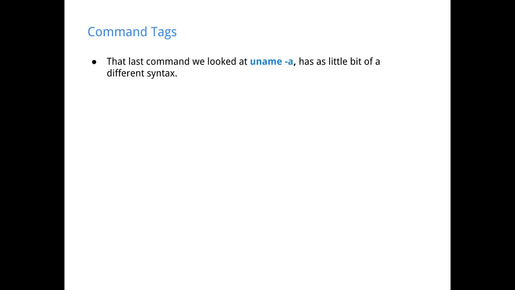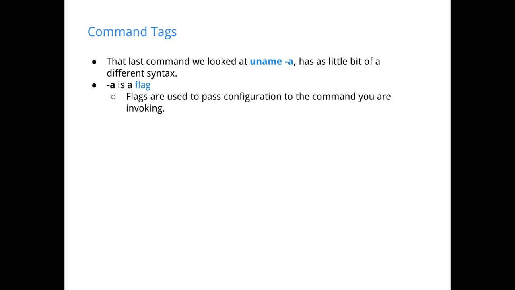So, command flags. In this uname command, I used this -a. It's separated by a space from uname. These are flags. These are actually configurations for different commands. If I just press ls, it prints out everything in the directory. Well, what if I want to filter it or something like that? In order to implement these configurations in the command line, since it's a boring text environment, we use these flags. Flags just specify some behavior that it's able to do, some additional stuff.